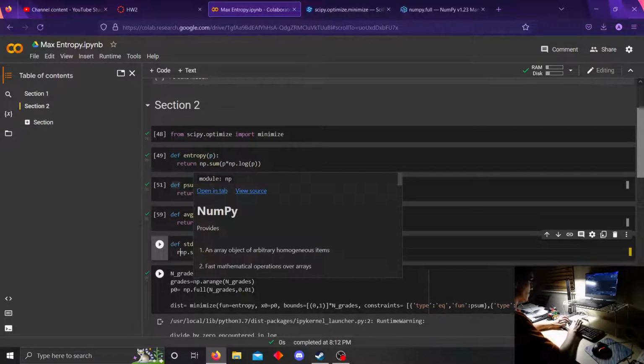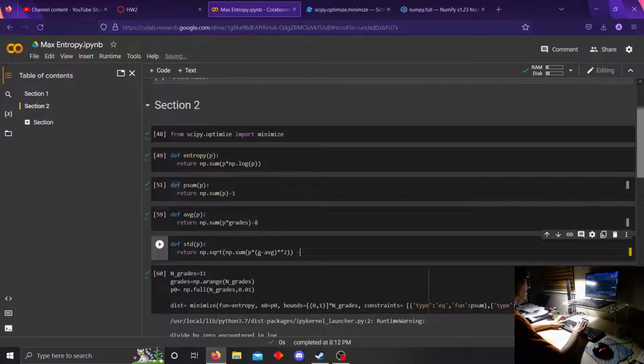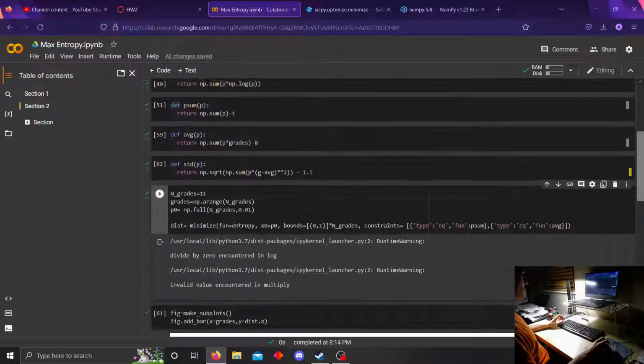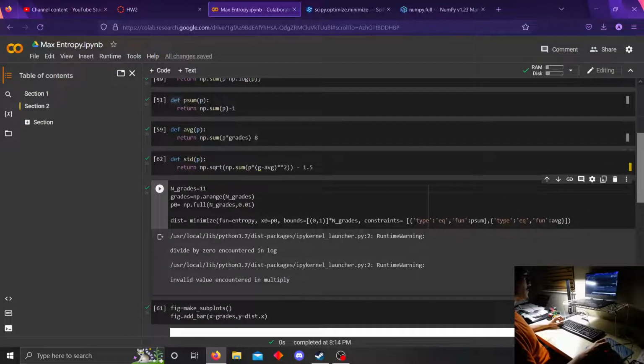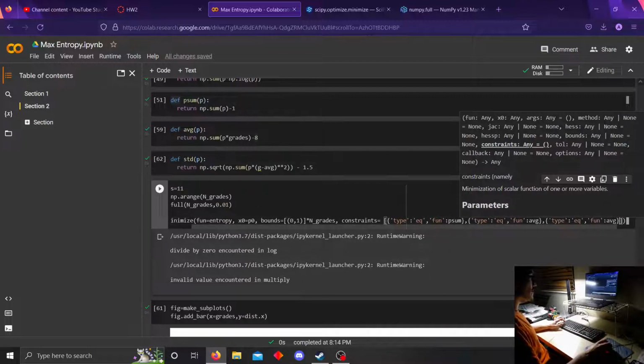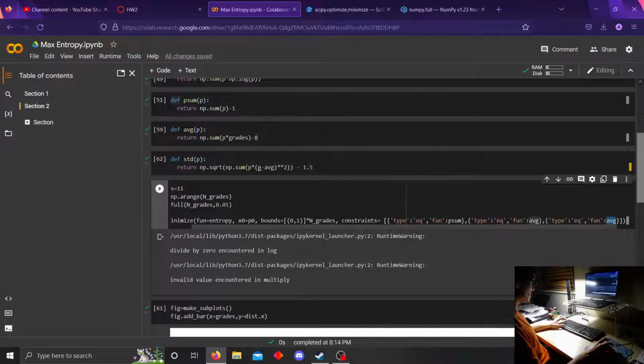So we will return that. And we'll say standard deviation of 1.5. Because again, we want it to spit out a 0. So I will copy this one more time. We want to add a new constraint. And we will use std,